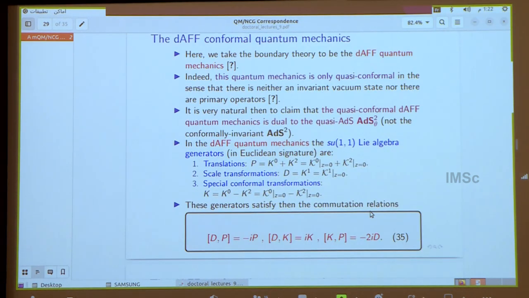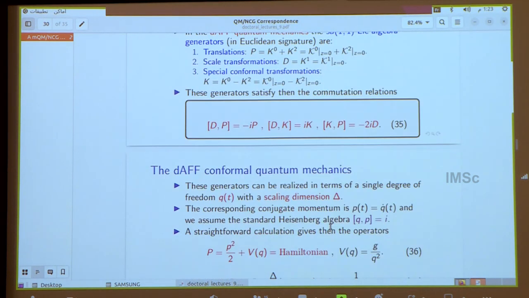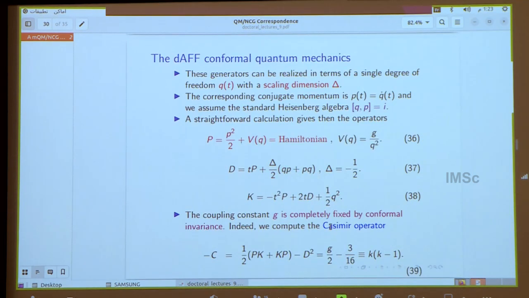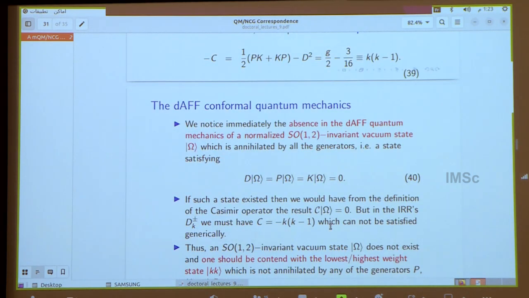So I write this conformal quantum mechanics, taking the boundary theory to be the usual DAFF quantum mechanics. I can write the generators of this DAFF quantum mechanics. These are given in equations 35. These are the usual translations, scale transformations and special conformal transformations. And I can also realize them explicitly in terms of